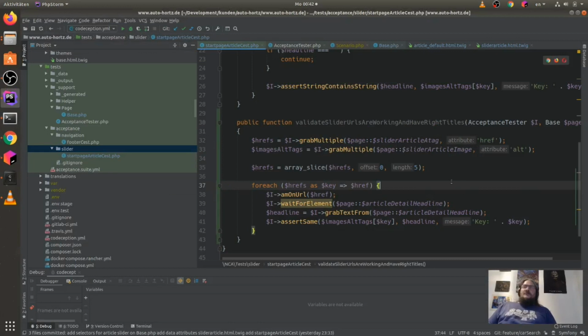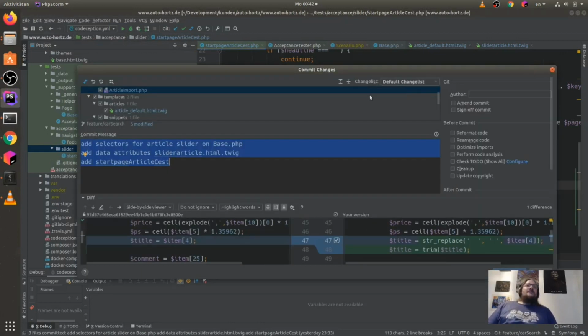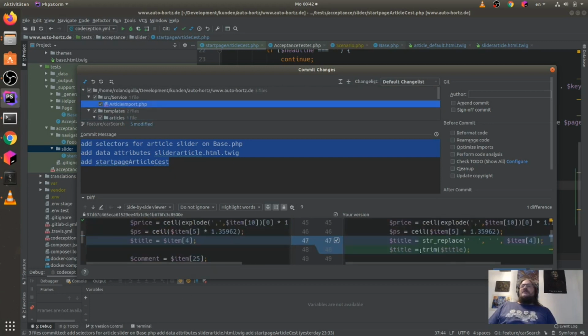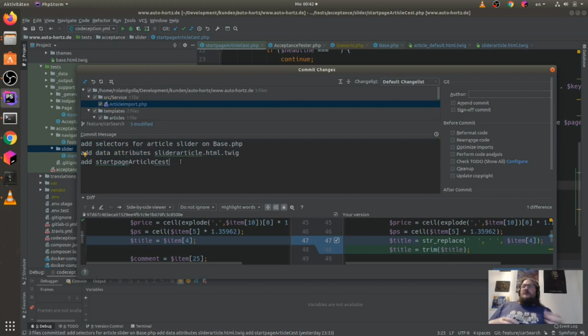Okay, let us commit here something fast. We make something on the tick template, and we make something on the tests here. Also, I fixed something on the importer because there were some spaces and some tricky issues here, which I don't want to show you because this was really unnecessary stuff.